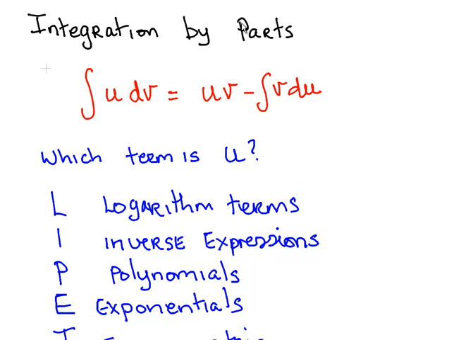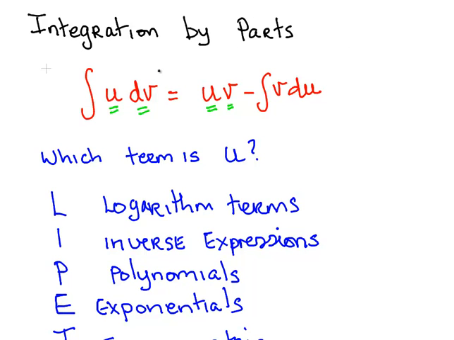In this presentation, we're going to look at some examples from integration by parts. So the integration by parts technique is we have an integral. We're going to structure it as a component of two terms, u and dv, okay? And to solve it, we have one term that is u, one term that is dv, and the integral is evaluated as follows: u times v minus the integral of v du. Okay,